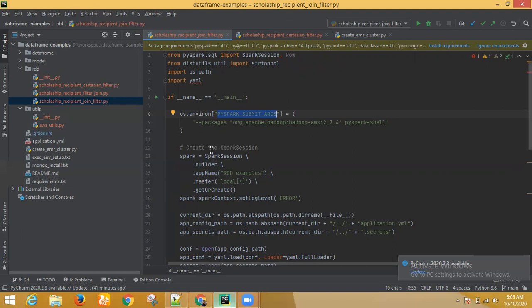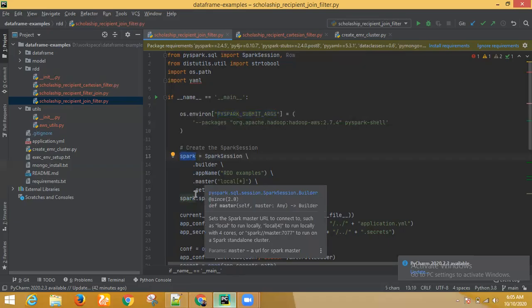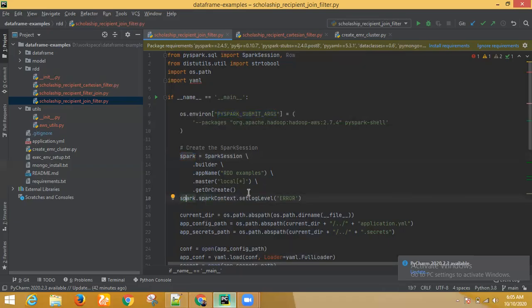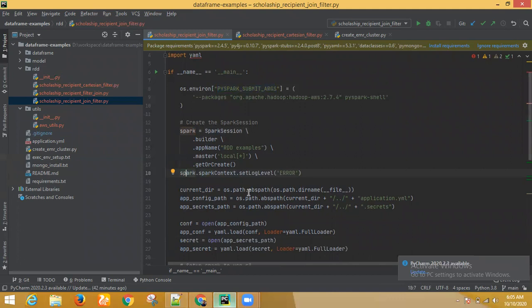Now you can see we have created the Spark session object: spark = SparkSession.builder.appName(...).master("local[*]").getOrCreate(). Here you are creating a Spark session object, which is also available in a Databricks notebook. There is a variable called sc, which stands for Spark context, and spark stands for Spark session. Here you have to create it manually. In real-time projects, you have to create it manually. And then every time you execute the code, it will print a whole bunch of logs.